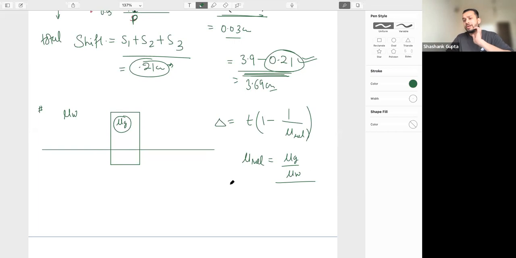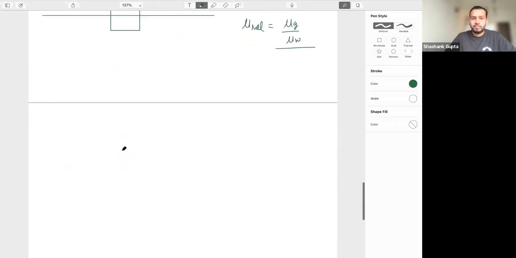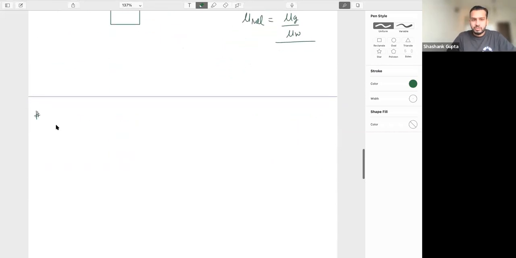Can we use this for every refractive index? I'm not getting which every refractive index. This means instead of water there could be another surrounding. Yes, we can use that. Okay, I'll tell you. You all keep asking these things in between, so try to understand conceptually first. I'll tell you the theory of this thing.